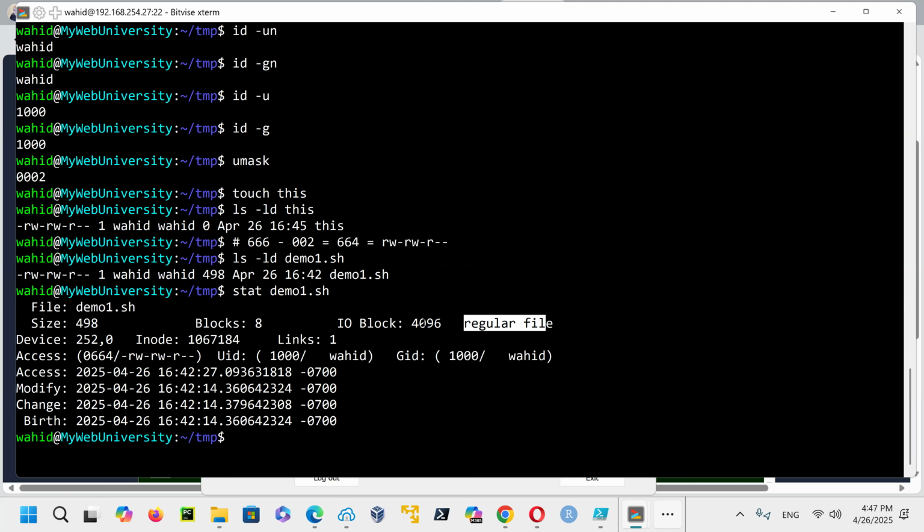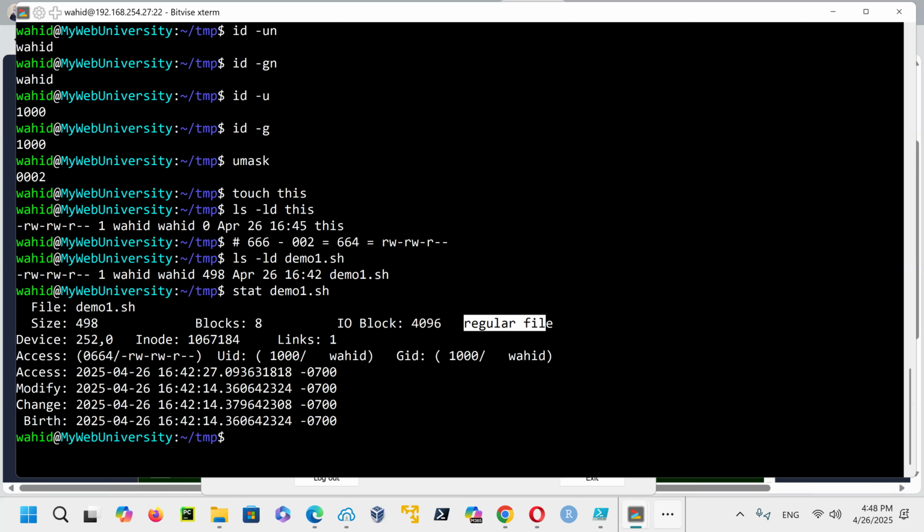The size of it in block is 8, and then block 4096, because each block is 1024. 1024 times 8 is 4096, or actually 512. Block 8 times 512 is 4096.